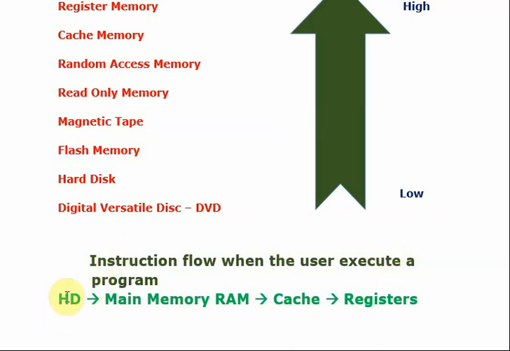Hard disk, main memory, then it goes to cache. After cache only it goes to the register when the user executes a program. Similarly, when the CPU processes, it will process inside the register, then put it to cache, then from cache to main memory. When we are saving, it goes to the hard disk drive. That flow we need to understand clearly. Now you should be able to answer any related question regarding the memory unit